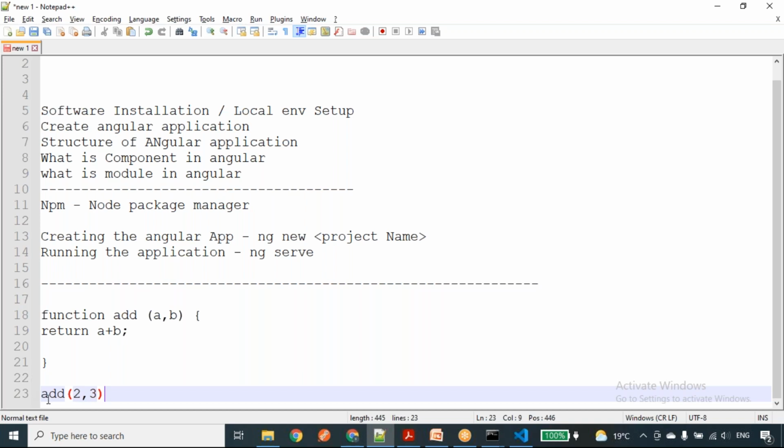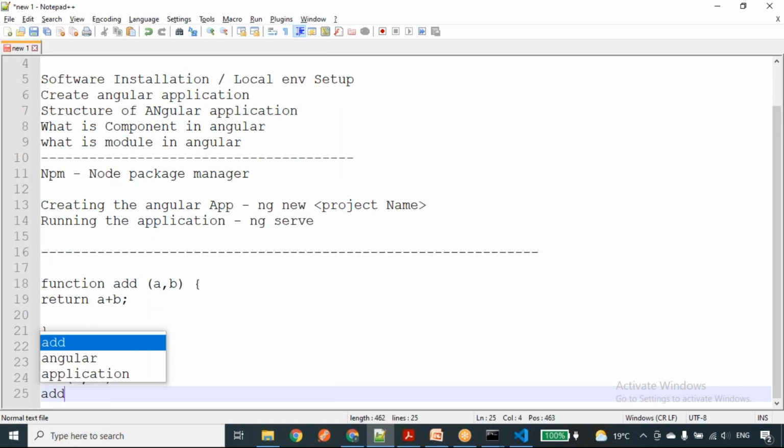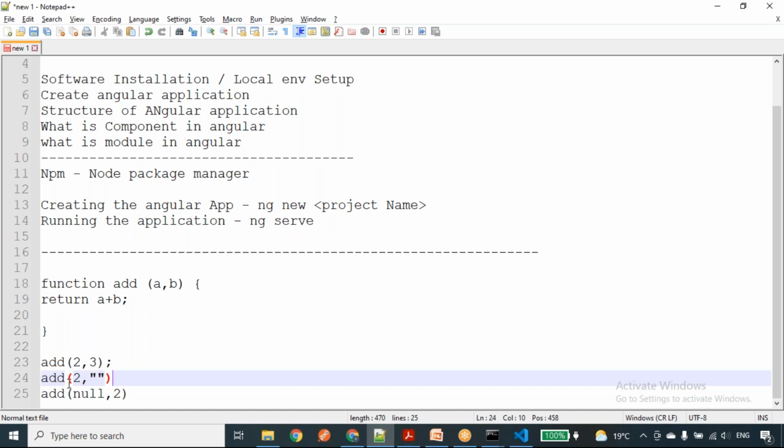Add 2 comma 3 is one scenario, and for one scenario we need to write the unit test case. I'll also give add null comma 2. If I give add 2 comma 3, it will work fine. But if I give null comma 2 or 2 comma some string, it will not work. So we need to handle all those things, and we can test them by writing unit test cases